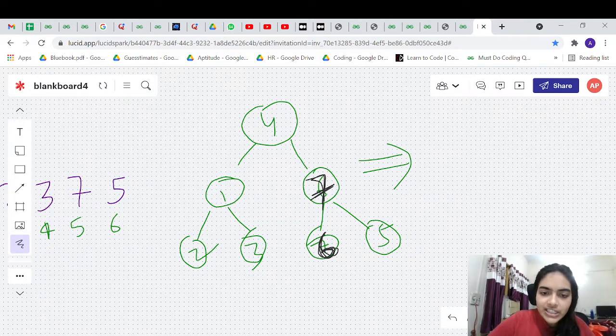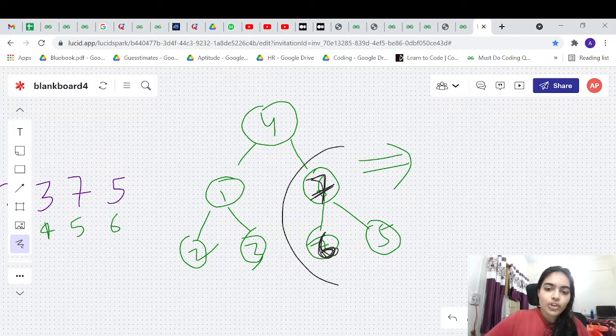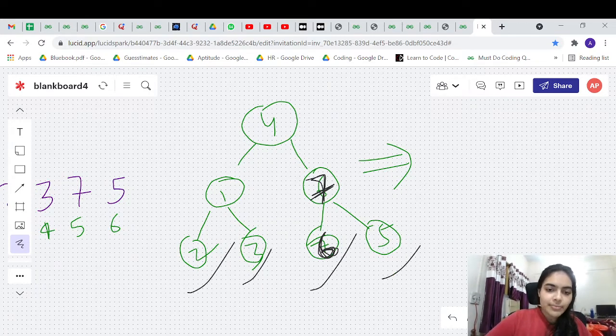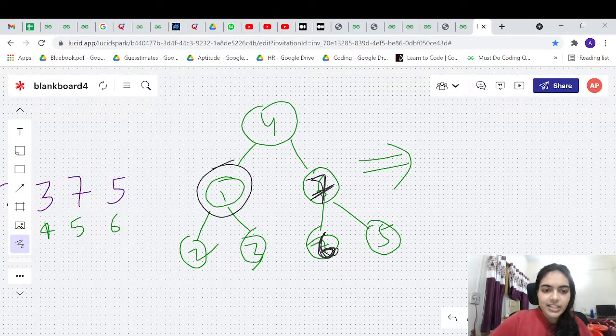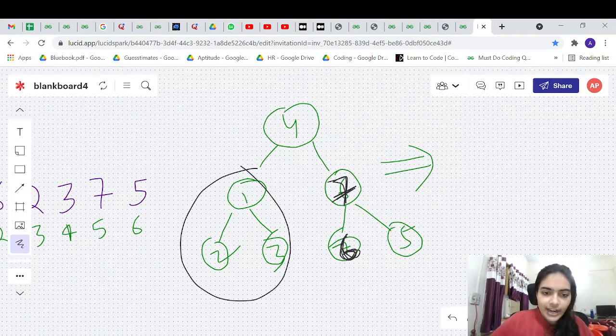This part is fine, but we disturbed this part, so we will call the heapify function on this part again. In this part 6 is a leaf node, it is already a max heap. So now this part is also a max heap. Done. All this part is finished. Okay, which part is remaining? This part is remaining. Now let us see this side.